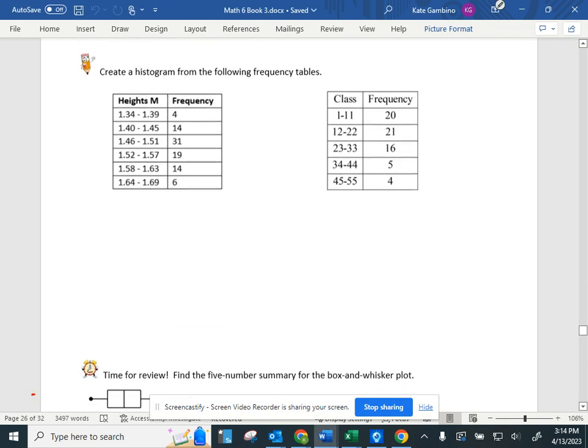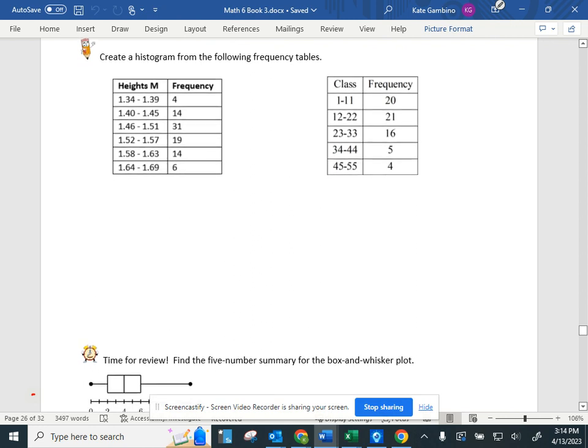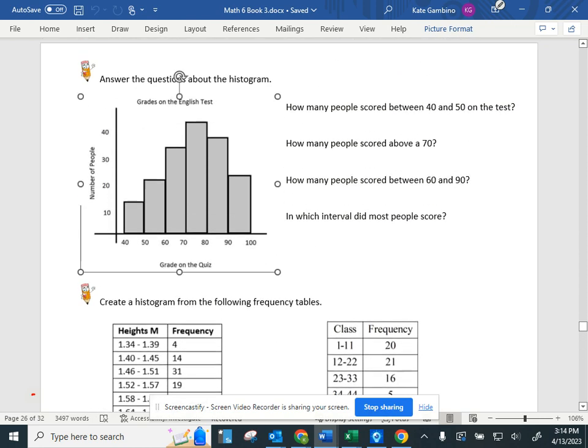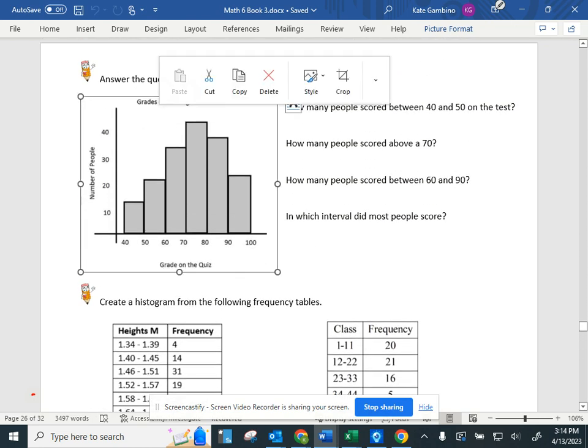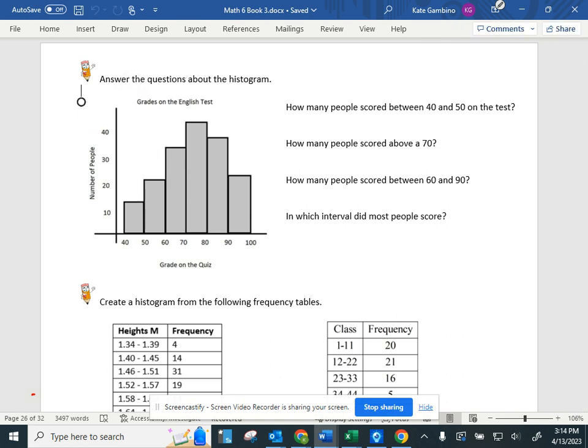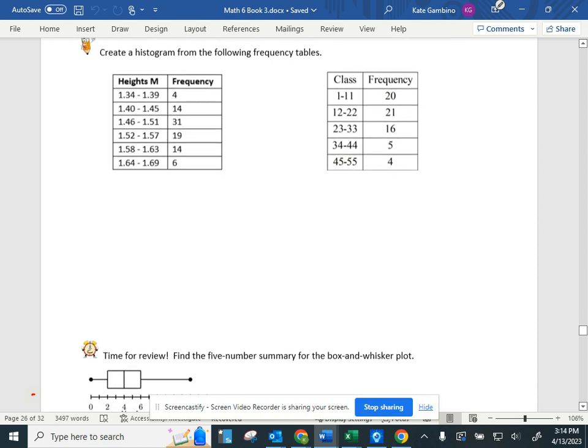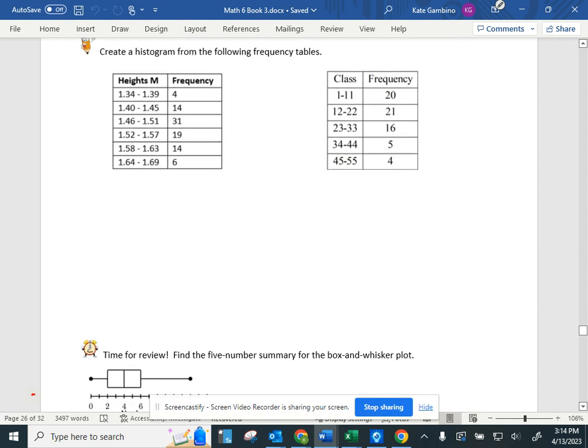For our second section, it says create a histogram from the following frequency tables. Now, up here, they have an actual title on their histogram, grades on the English test. So we know that the x-axis are all the grades, and the y-axis are the number of people. Well, from the frequency table, we don't have a title to the frequency table, so we can't put a title to our table. But remember, when we make our graphs,